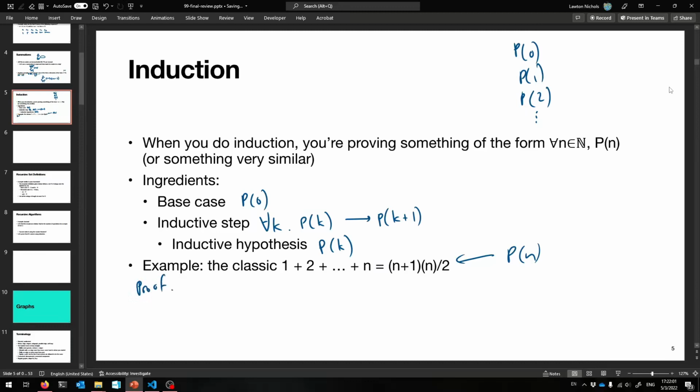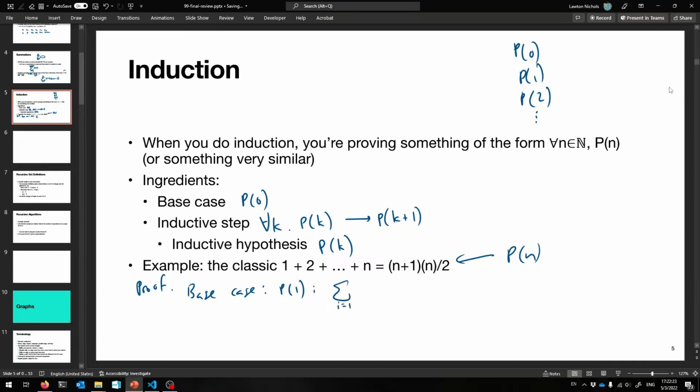Proof. So the base case is that we have to show P of the smallest thing is true. And I think the smallest thing is the sum of all the numbers from 1 to 1, right? So P of 1, I would say. P of 1. And that is, we need to show that the sum of all the numbers from 1 to 1,